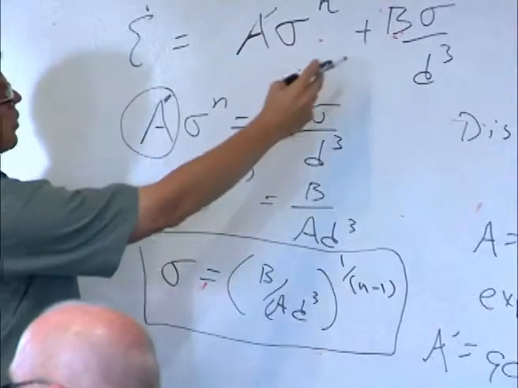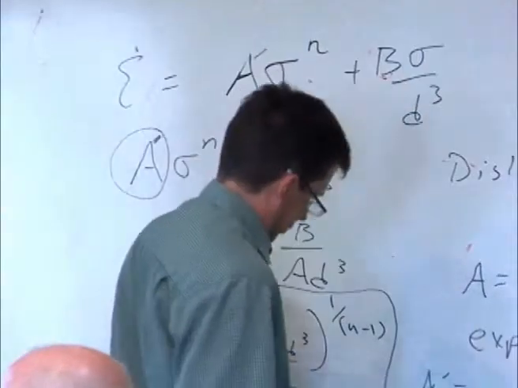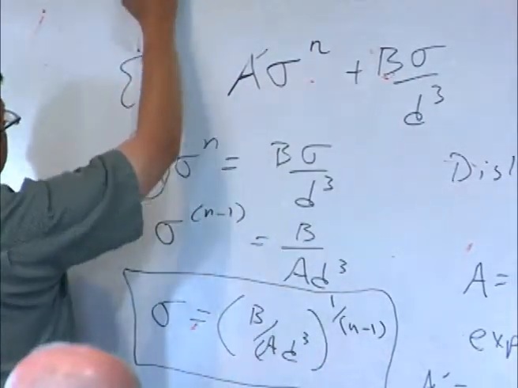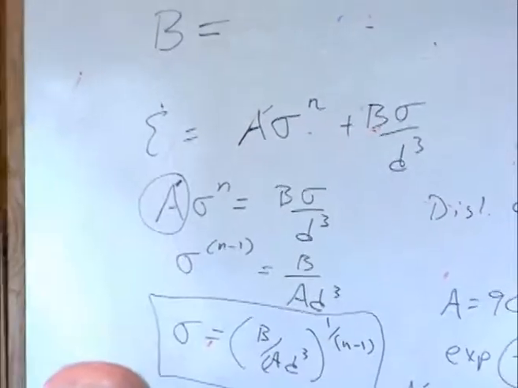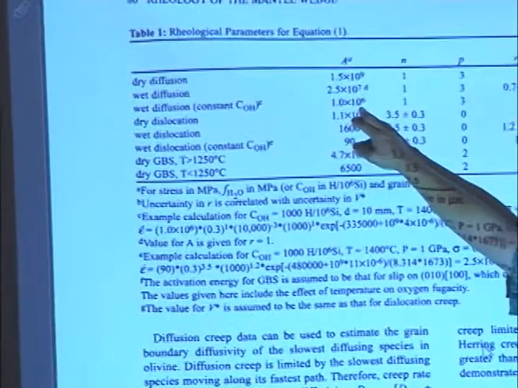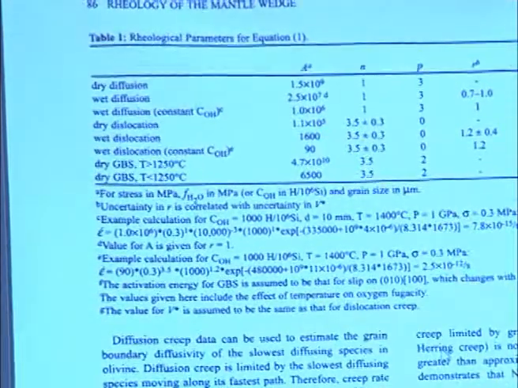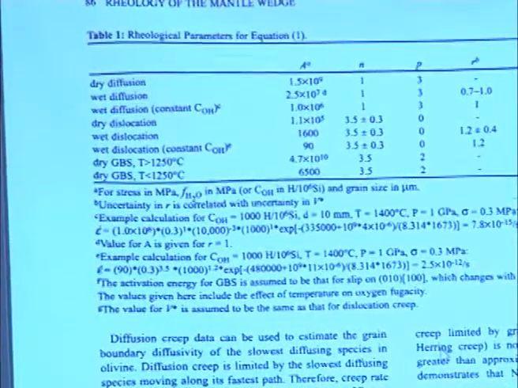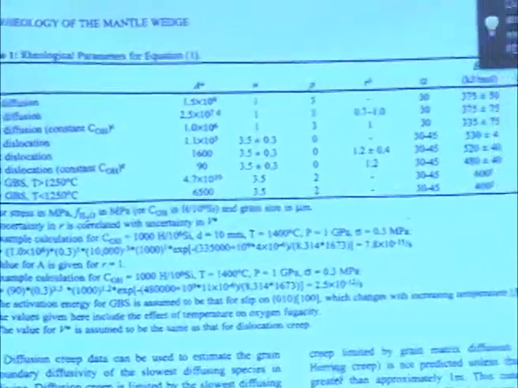That's just this. So now we have to figure out B. So for B, we just go to this line, wet diffusion for constant COH. So it's going to be this thing, 1 times 10 to the 6th. So are we doing wet dislocation or wet diffusion? The first one we did was wet dislocation. So now, in order to make this equality and solve for it,